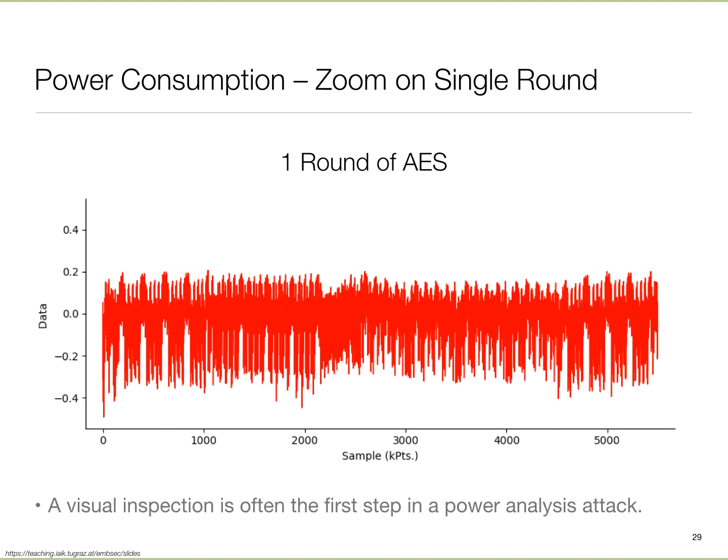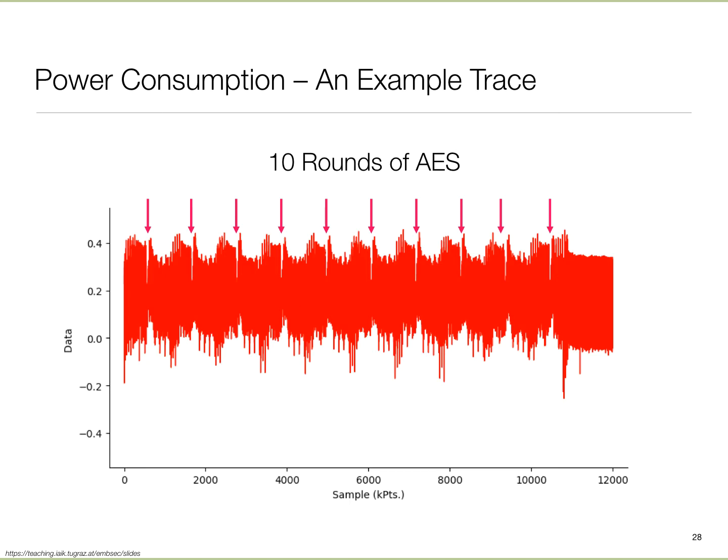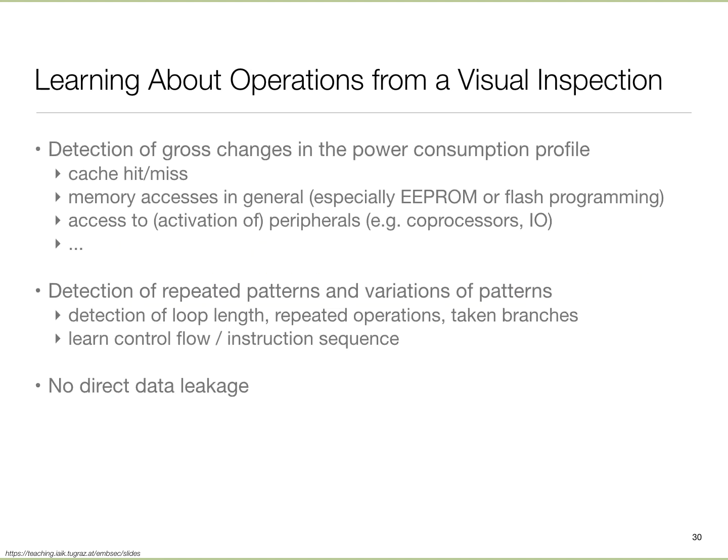One thing you can see is that it seems to be very easy to detect loops, which immediately suggests that if my secret somehow affects the loop count, then that's a bad idea, because it would be very easy to decipher that. So what's the solution potentially? One solution is that the number of times you go through the loop should be independent of any secret. Likewise, if branches affect things, if there are two versions of it, my secret should not affect which branch I take. So it begins to offer some